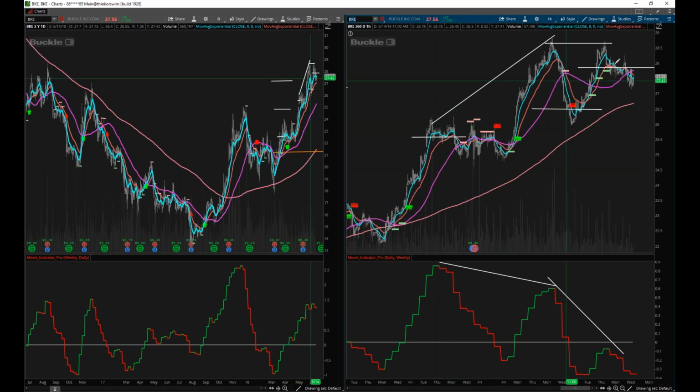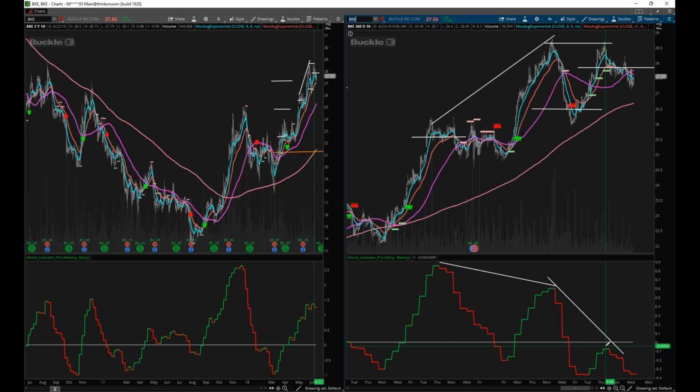But you see right here, you see in this section up at the top right how price is over the purple line, which is the 50 SMA. And you see how the Moxie indicator is below zero. It was green for a little bit, but now it's red. You see how it could never quite get over zero, but price was over the 50? That's the negative divergence that I was just talking about with Carvana. So price can't be above the 50 when the indicator is below zero. That's a negative divergence situation.